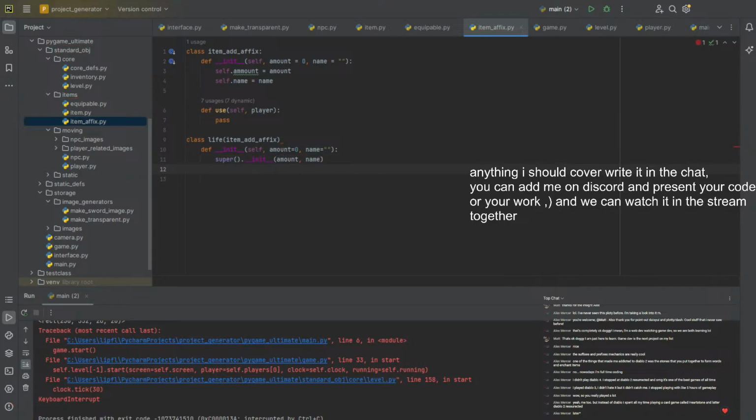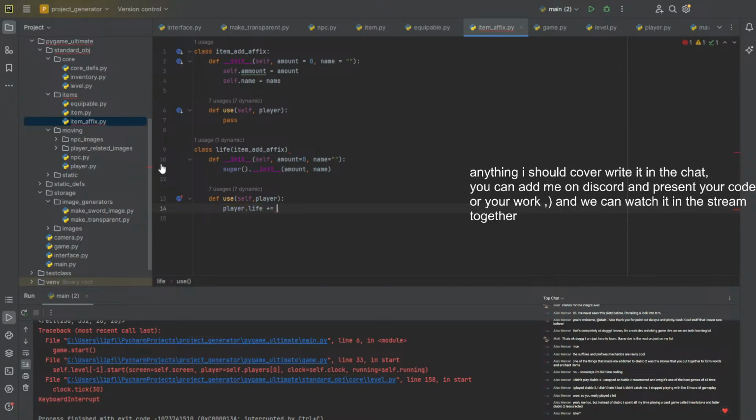Then now def use self, player point alive equals amount, and def